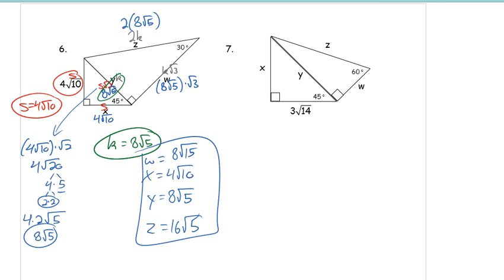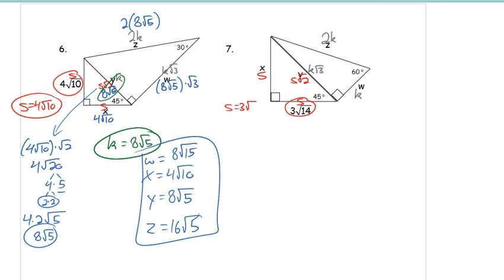And the last one, then we get our word problems. Across from 45 is S, across from 90 is S radical 2. Across from 30 is K. Across from 60 is K radical 3. Ooh, this is going to be a tough one. Across from 90 is 2K. If you want to pause and work ahead, if you can do 7, you can do all of these for sure. Here's our information. So S